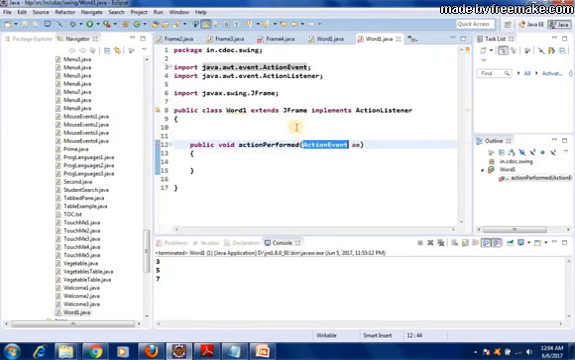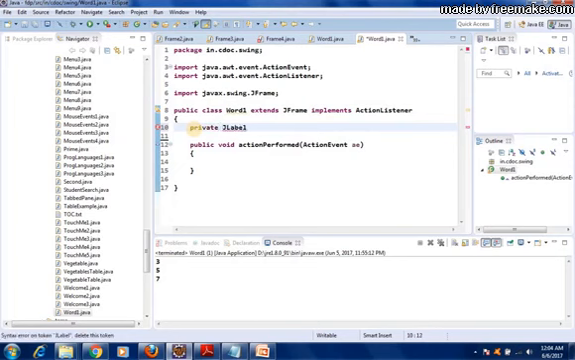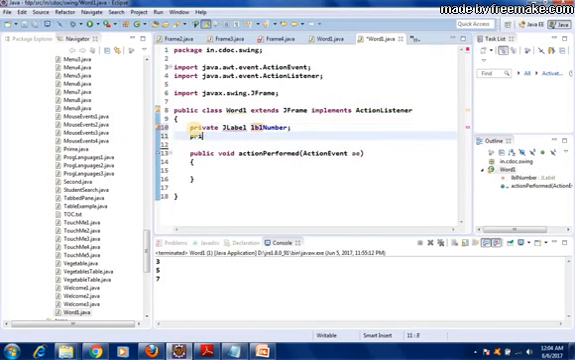Action event. So that we have imported. Now that error has gone. So first let us declare the 4 components, that is JLabel. So let us make it as private because this is object oriented programming. So private JLabel lblNumber, next private